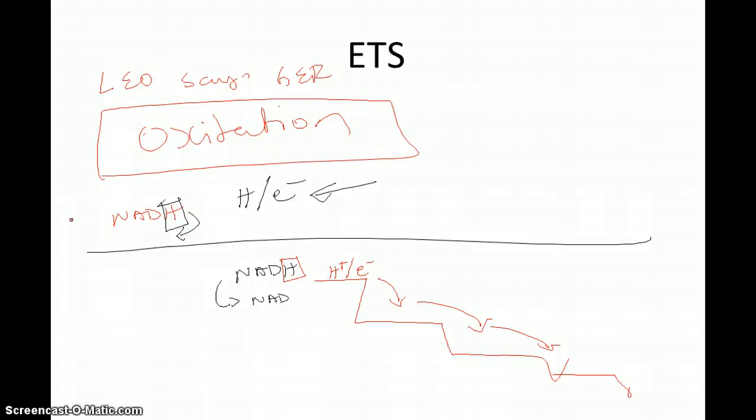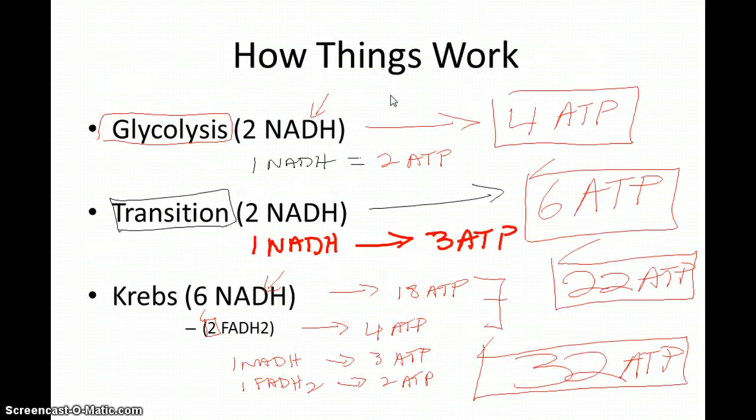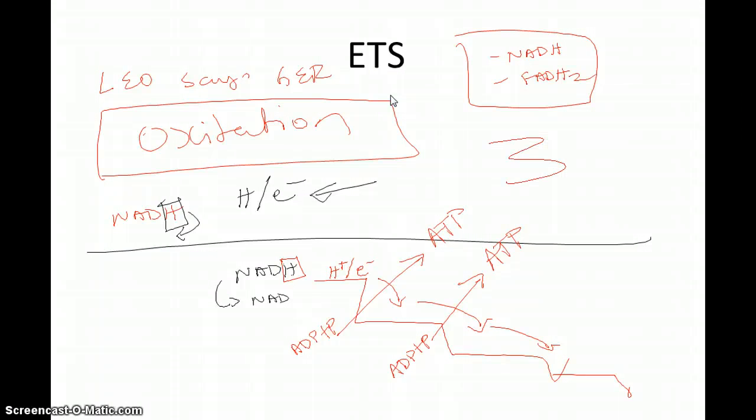So an ADP will be phosphorylated: an ADP plus a phosphate is going to create an ATP. This is going to happen for each NADH and each FADH2. This is going to continue to happen, and we're going to end up with what we discussed right here, 32